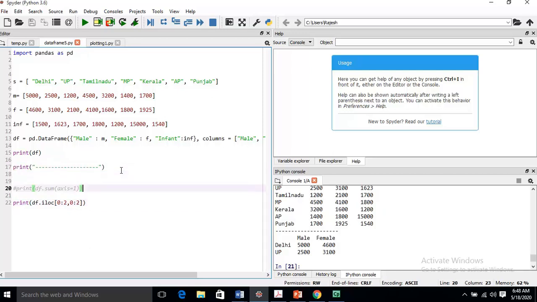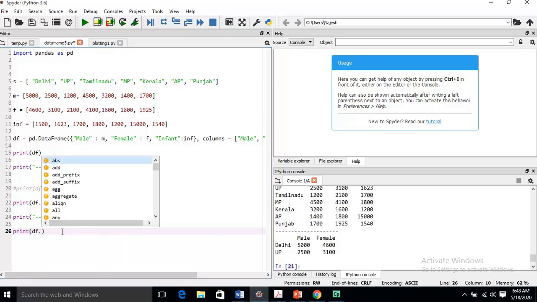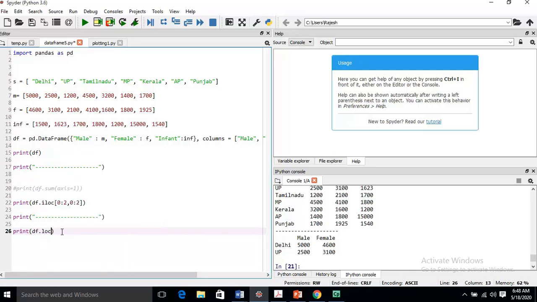And now I am going to write the same code using loc. Print df.loc. LOC is very similar to ILOC.